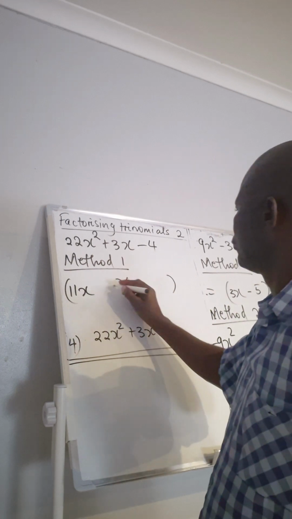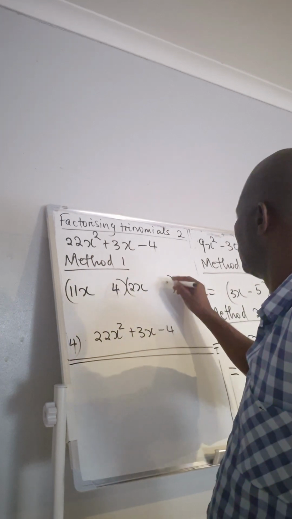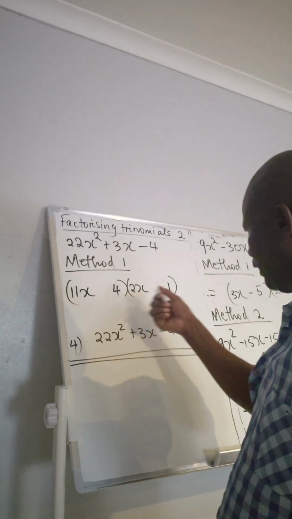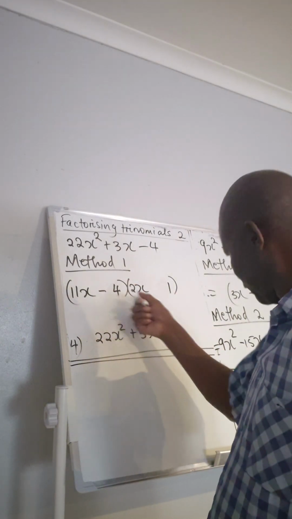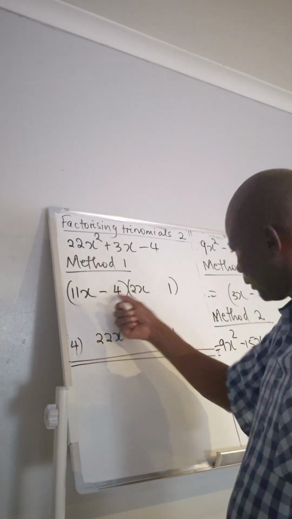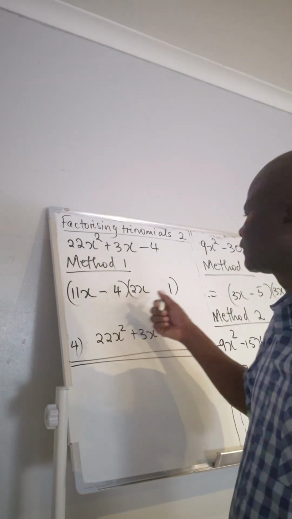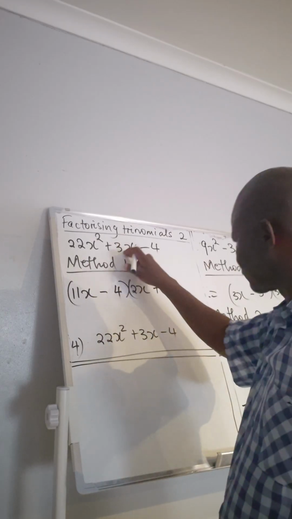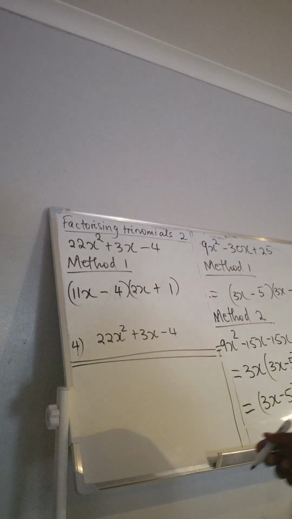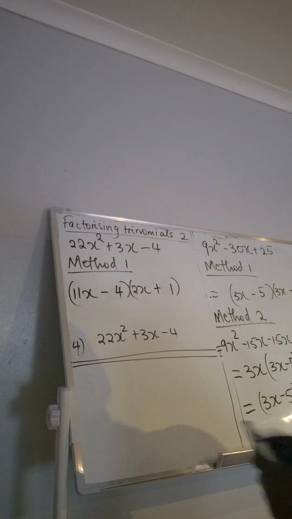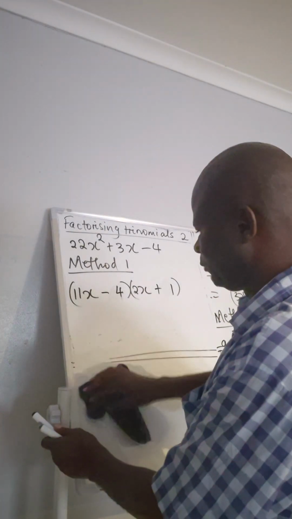Maybe if you put a 4 there and a 1 there, there's 11x minus 8x. And if I multiply this, I get 11x. If I multiply this, I get minus 8x. So 11x minus 8x, I must get 3x. So that is the answer with the trial and error method. Right. With the algebraic method,